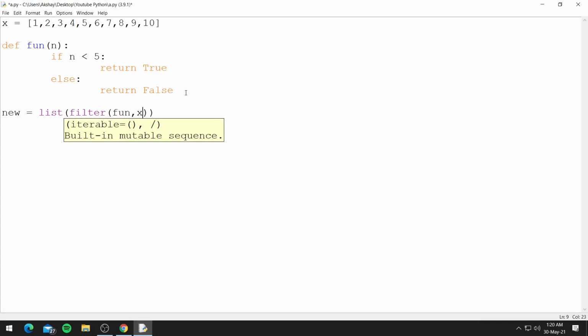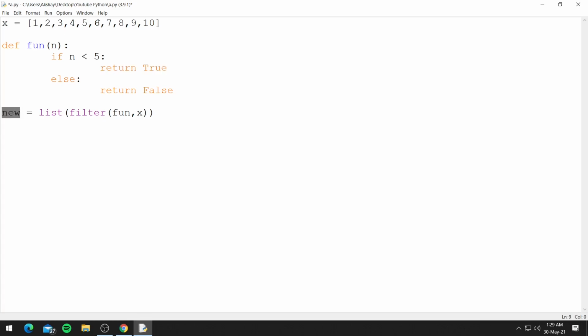So let's say X. The filter function filters or removes all the elements from the list when the function returns false, and only when the function returns true, the elements are added to the new list. So in the case of number 2, 2 is less than 5, so it returns true and it is added to the list new.